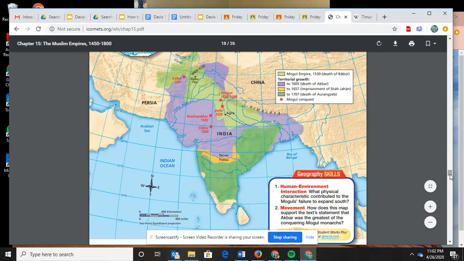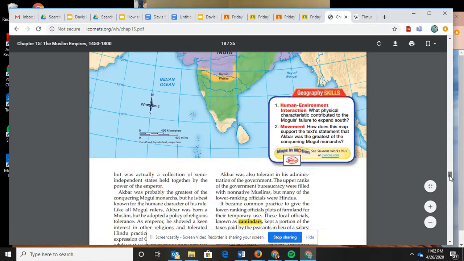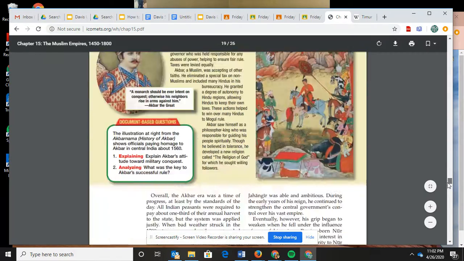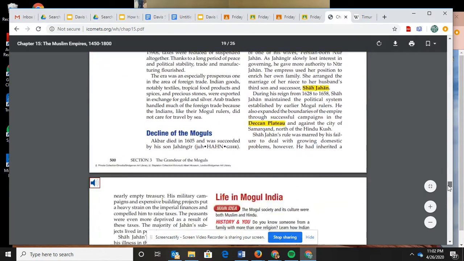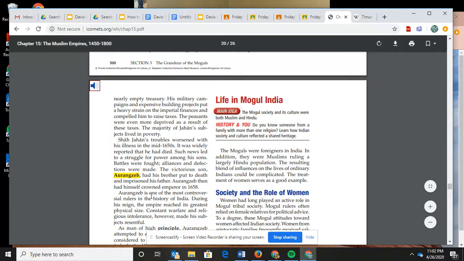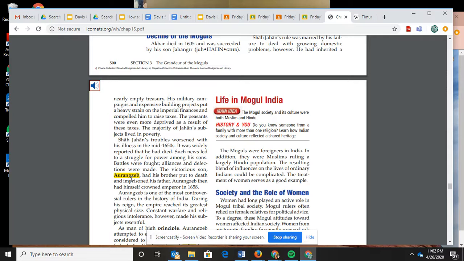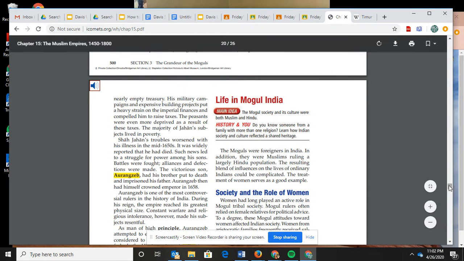He even let Hindus do some practices that really strict Muslims would not be happy to see people living in one of their empires doing. But Akbar the Great was great because he kind of let people do what they wanted. Now, there was his grandson, I believe it was Aurangzeb, and we said Aurangzeb went from A to Z, where Akbar was great, let people do what they wanted. Aurangzeb was not great, and what he wanted to do was make it a strict Islamic state.